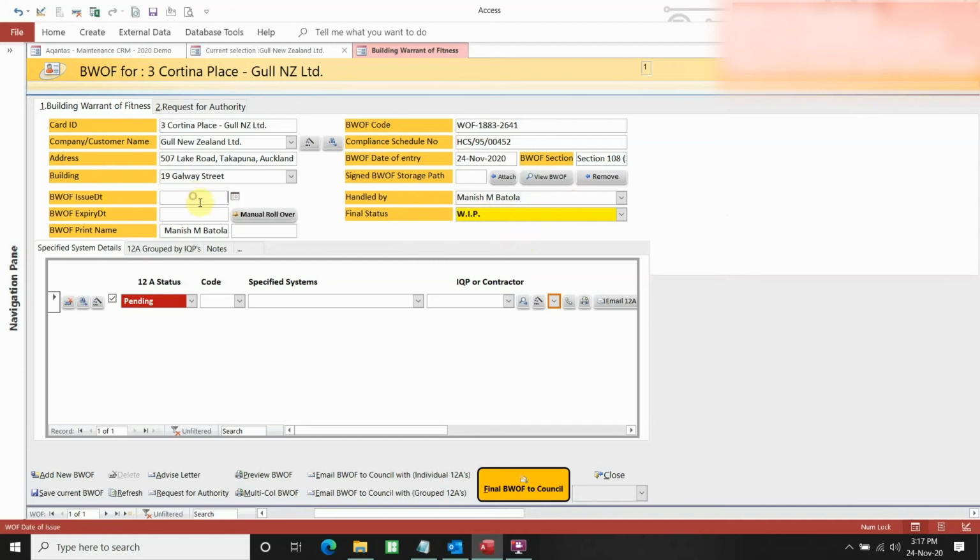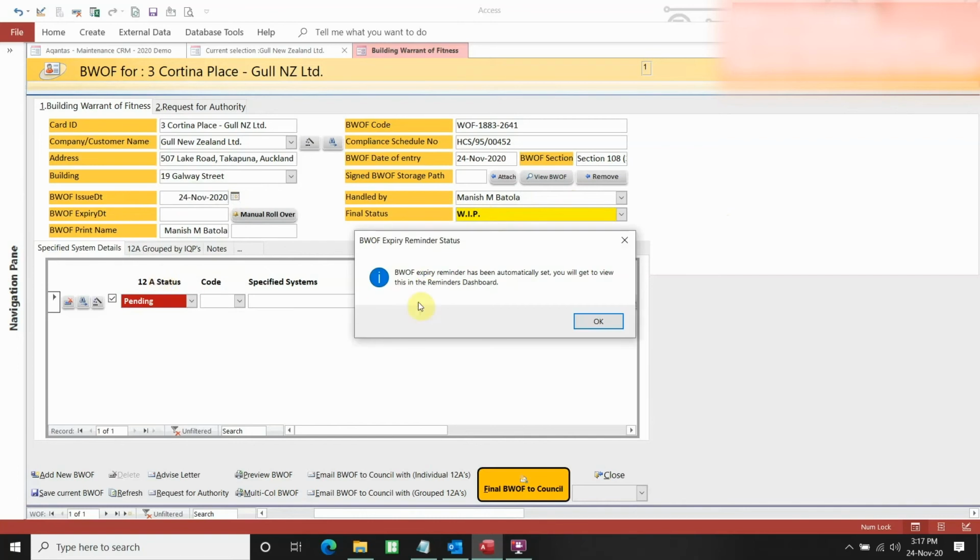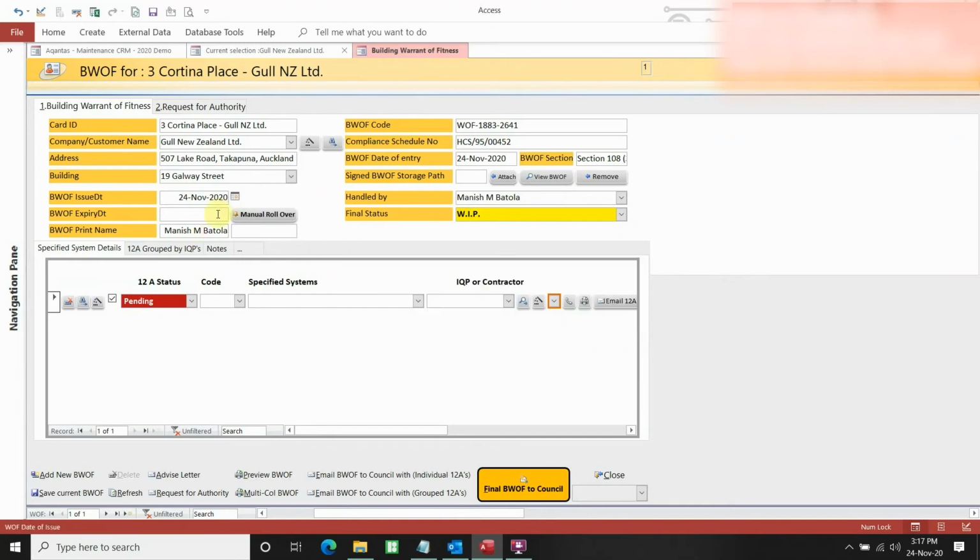Now here we have got the BWOF issue date. So you can choose your BWOF issue date, let's say 24th of November. And it says BWOF expiry reminder has been automatically set. You will get to view this in the reminders dashboard. All right. So here, once I click on it, we have a 1 year plan by default on each BWOF. So it shows you a 1 year plan or expiry. So it goes to 24th November 2021. All right. So once we have this created, then you can save it,